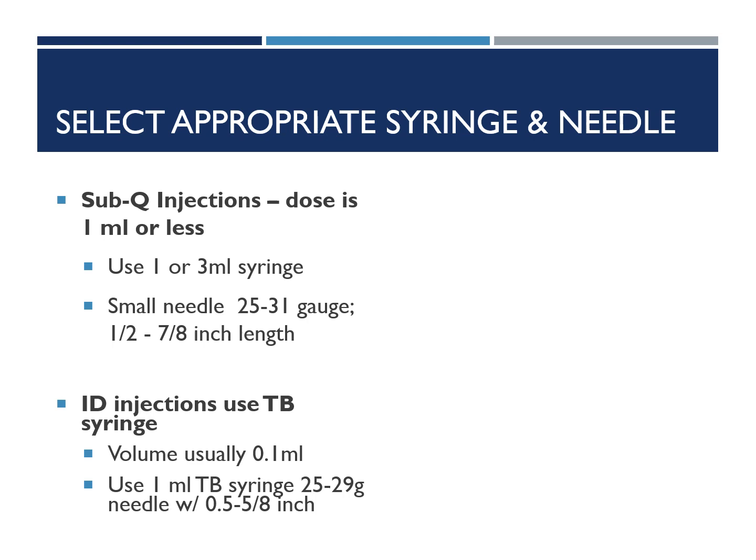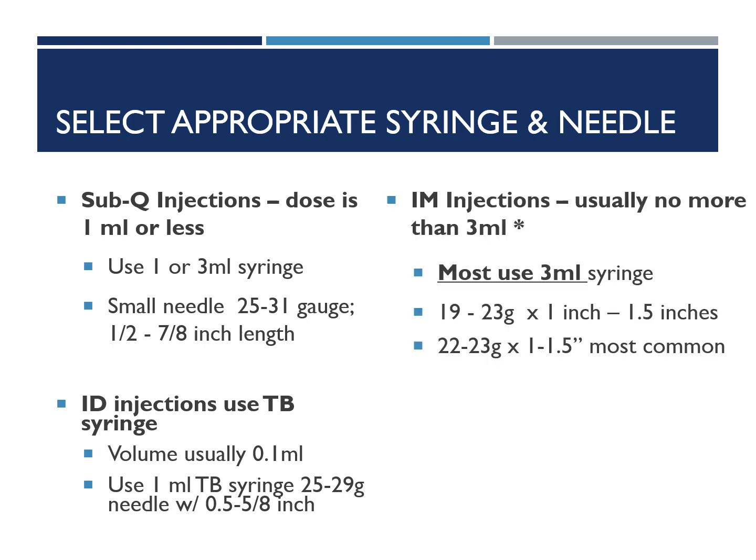Intradermal injections typically have volumes of 0.1 ml, so you're going to use a 1 ml syringe, that TB syringe. Needles on these are usually 25 to 29 gauge, and usually they're about a 1/2 inch to 5/8 inches, but again, it's going to depend on what 1 ml syringe your facility buys.